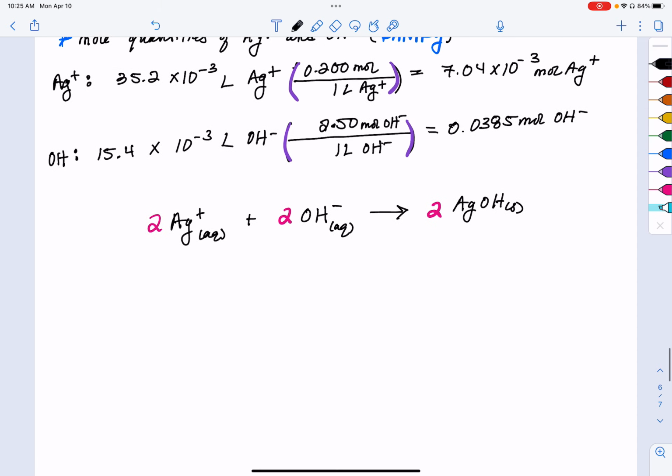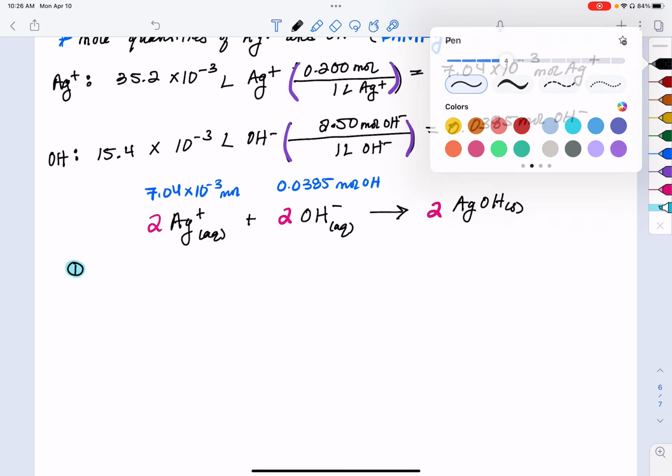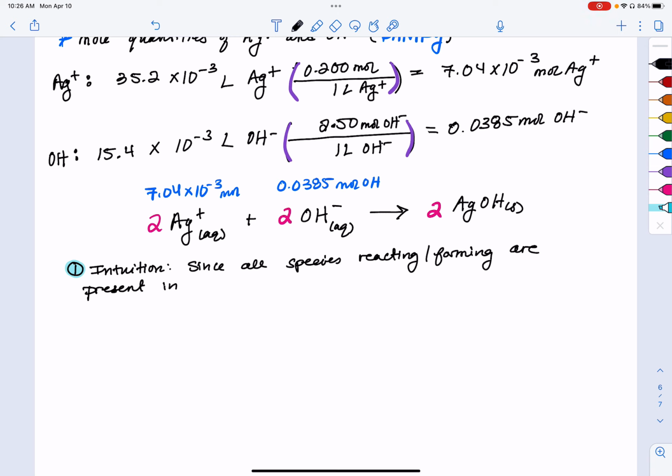So let's get into it. Let's see here. In my pantry, I had 7.04 times 10 to the negative 3 moles of silver ion, and I had 0.0385 moles of hydroxide. And now again, our intuition is probably tingling because we are in a 1-to-1 ratio here, right? Everything is 2 to 2. So since all species that are reacting and being formed are doing so in a 1-to-1-to-1 or 2-to-2-to-2, if you want to be specific, simplified ratio,